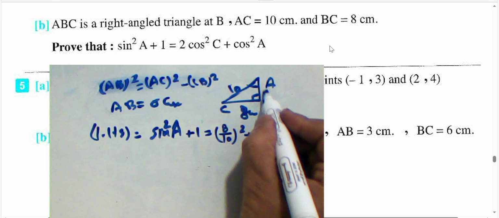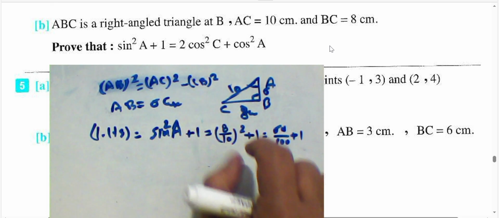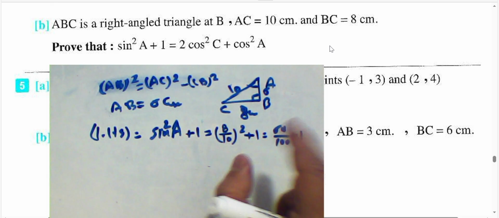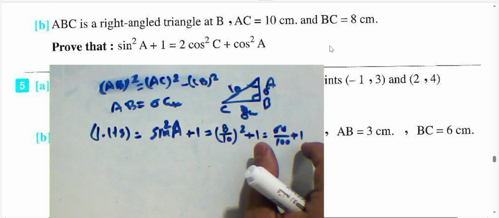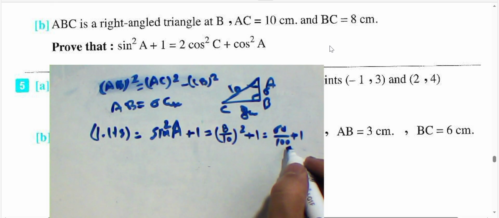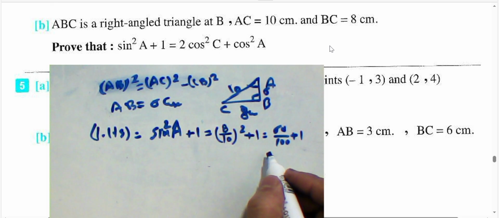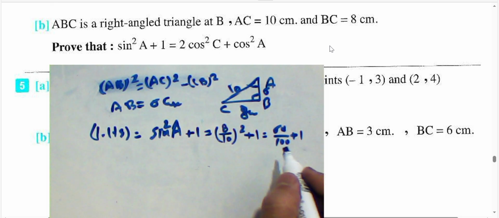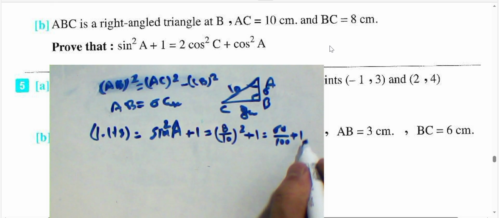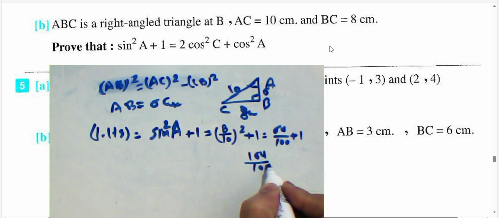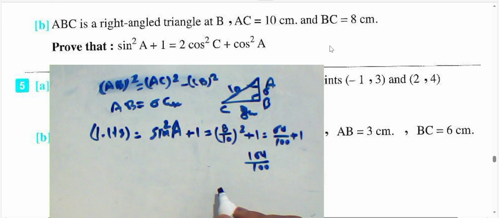We can collect together: 1 is 100 over 100, and the result will be 164 over 100. Okay, put this now. I will simplify it later. Okay, right hand side equals